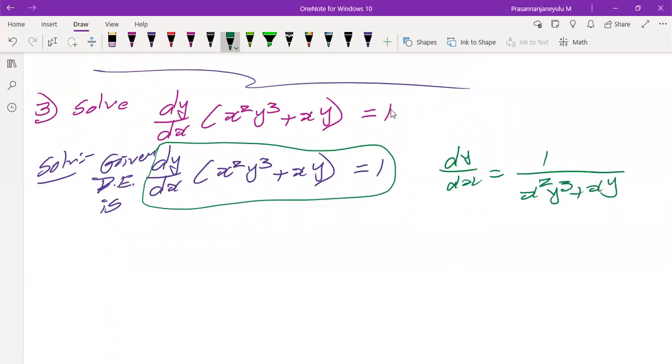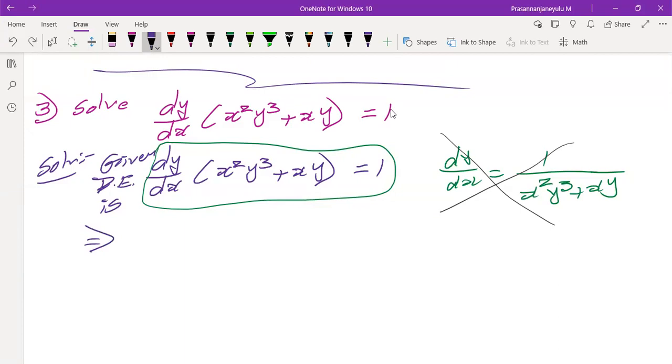But can I separate the x variables and y variables like p of x into y is equals q of x form? No, it is not possible. So because of that reason, we should not consider it like that. Why have I written it like this and marked a cross mark? Then at the time of preparation, you can understand why we should not write like that. So dividing with this is not possible.